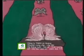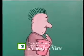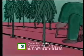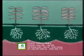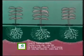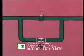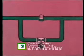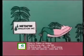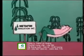Huh? How did that happen? Fertilizer isn't meant to do that. And how come it doesn't happen to him? Netafim's drip irrigation system allows the water and fertilizer to reach the plant in a fully controlled manner. The fertilizer is pumped directly into the system by sophisticated fertilizer pumps and reaches the place where it is most needed, the roots themselves. The concentration is uniform and the plant receives precisely the quantity it requires as determined by